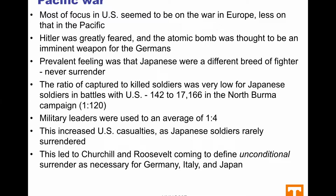The Japanese were an enemy of a different breed, was the feeling at that time. The Japanese were thought that they would never surrender. In fact, up to that time, the ratio of killed to captured was very high among the Japanese. The US military was used to a ratio of 4 to 1